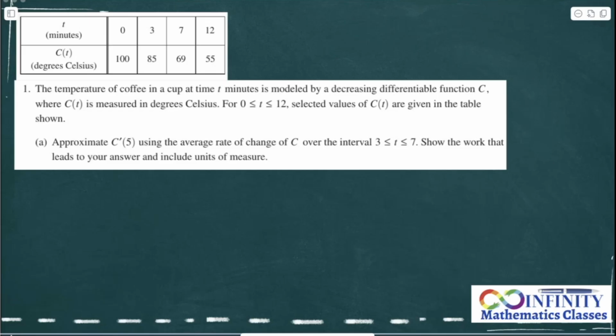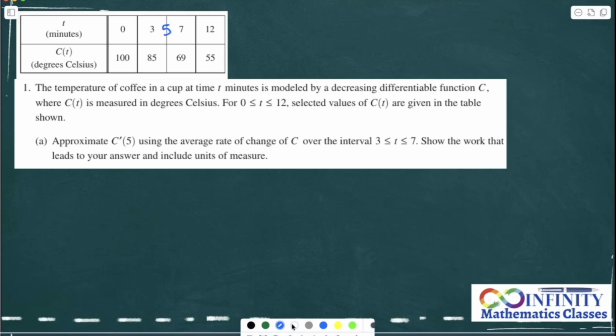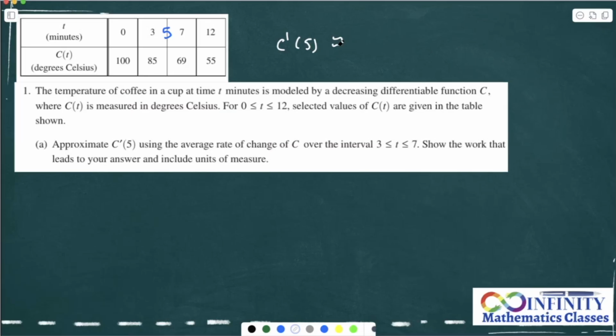These are the values given to you. The question is you need to approximate the derivative at 5. On the first question, it's an easy task for you because the table is given to you, with no exact formula, but 5 lies somewhere in between 3 and 7, correct? If you ask me to find C prime of 5, I cannot tell you exactly, but for approximation, I will be using the rate of change around 5, that is C(7) minus C(3) divided by 7 minus 3,